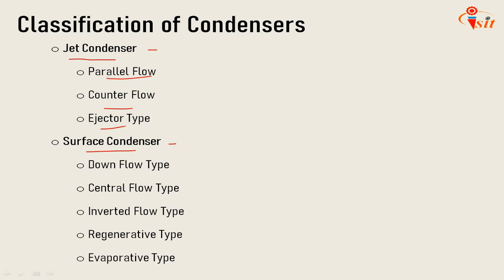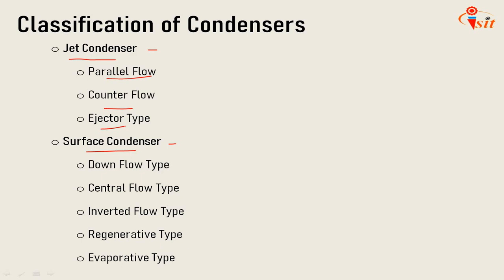Parallel flow and counter flow condensers are further subdivided into low level type and high level type. In parallel flow condenser, both the exhaust steam and cooling water find their entry at the top of the condenser and then flow downwards, and condensate and water are finally collected at the bottom. But in counter flow type, the steam and cooling water enter the condenser from opposite direction. Generally, the exhaust steam travels in upward direction and meets the cooling water which flows downwards.